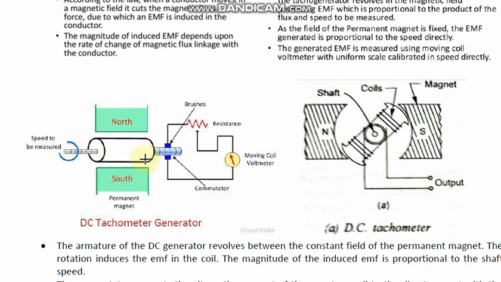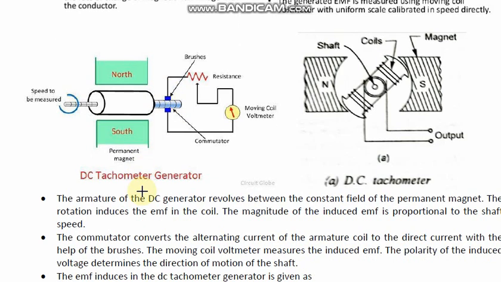Here you can watch it in the same way. This is the same picture view. This is the armature, this is the shaft, and this is the commutator, and the commutator has the winding, and the two output terminals are connected here with the help of these blue brushes. Okay, so this is the view.